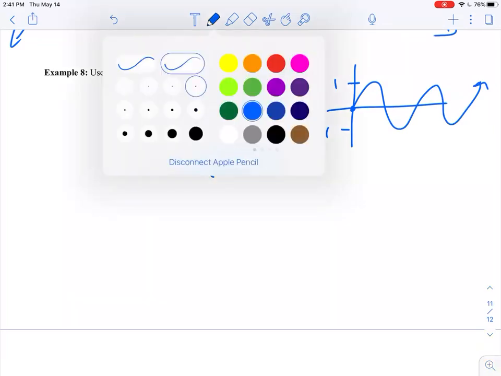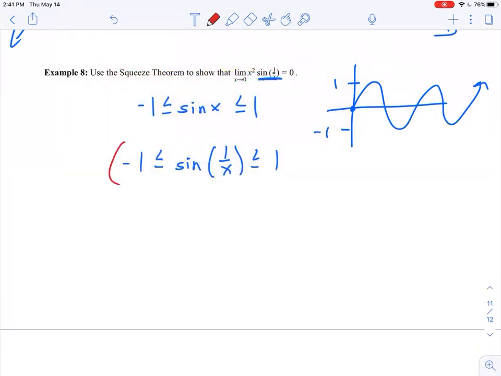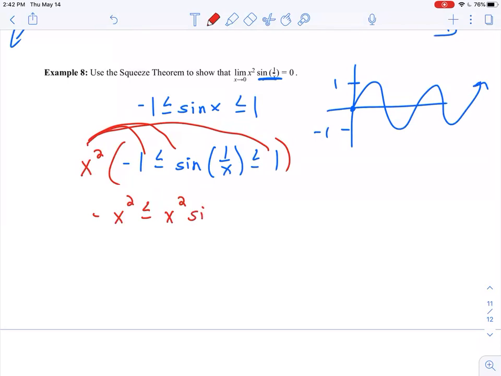So here's what I'm going to do. I'm going to take this whole thing and I'm going to multiply every piece of it by x squared. So I'm going to multiply it here, here, and over here. So I'll have negative x squared less than or equal to x squared times sine of 1 over x is less than or equal to x squared here. So I've now found these two functions, right? If I think about the squeeze theorem,